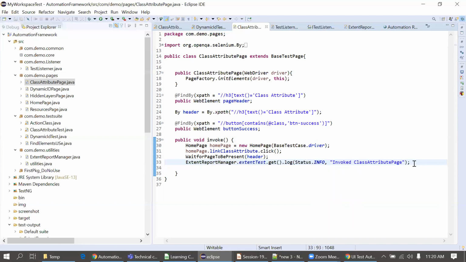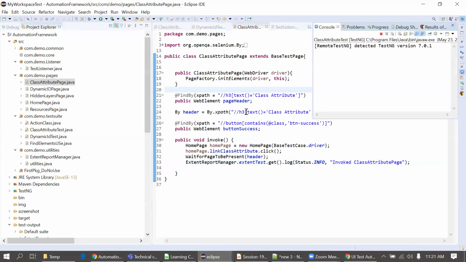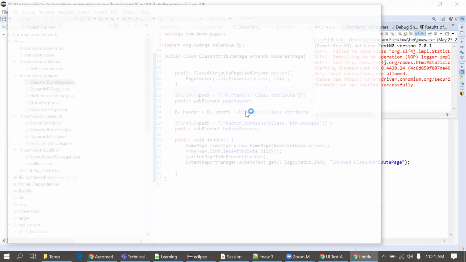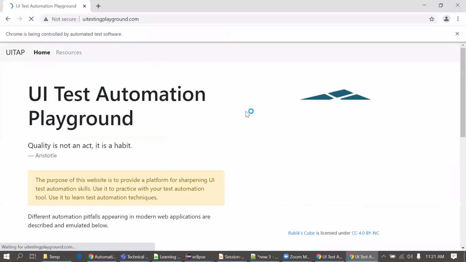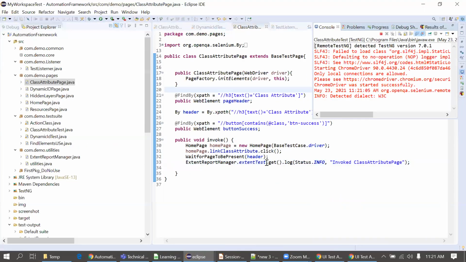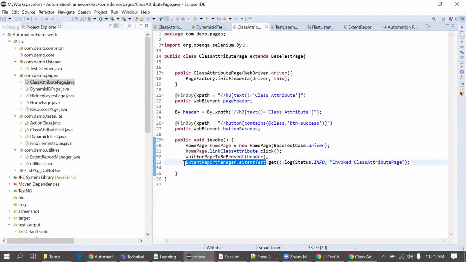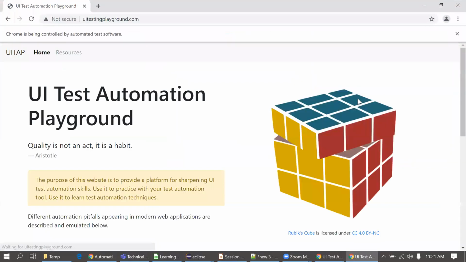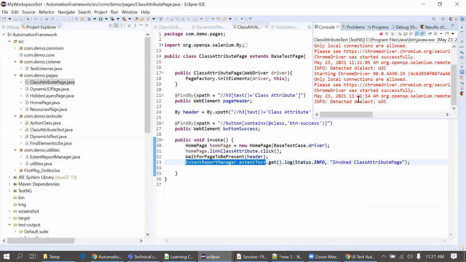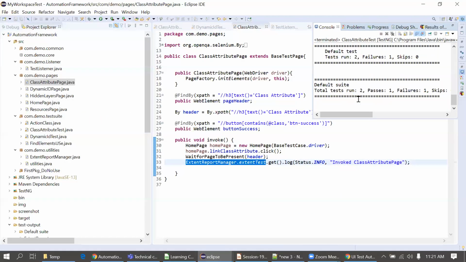I will just execute this code and see if this is printing in our report or not. In some cases we might get this exception, this is not accessible. So again we have to make the code change accordingly, and we should access this method. If we're not getting it, we can make this static, or we can extend another class to our current class. That modification we have to do.